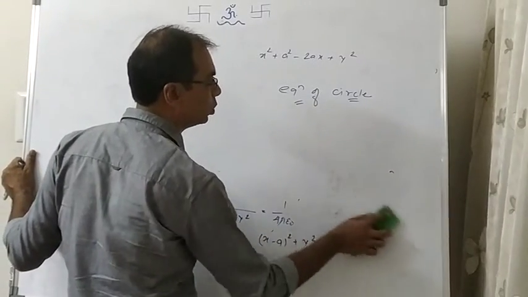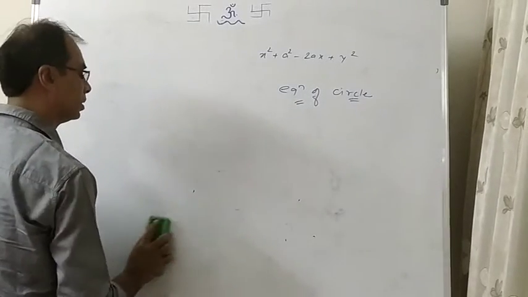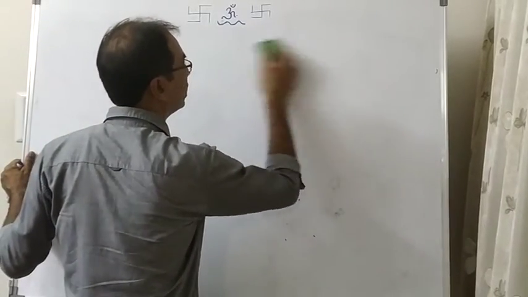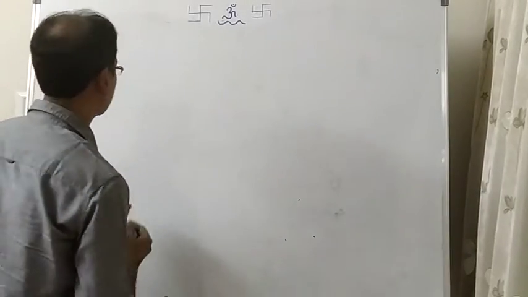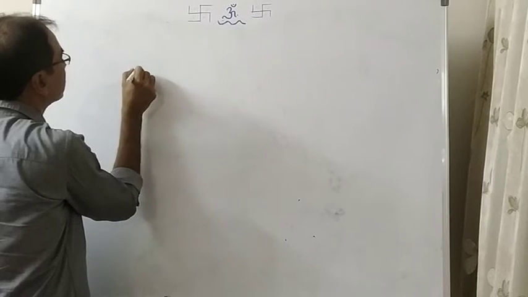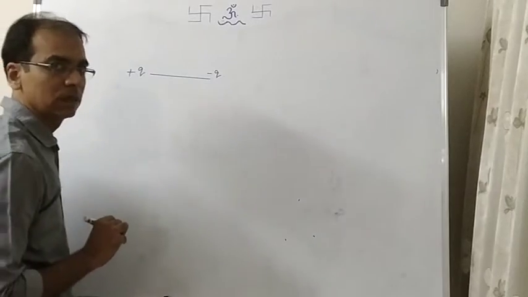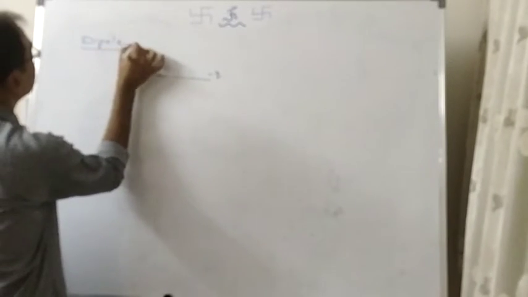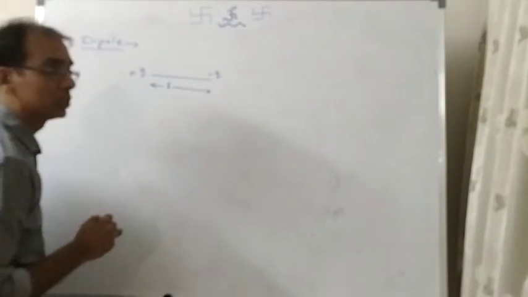A dipole is when two equal and opposite charges, that means one is positive and the other is negative, the same magnitude of charge, are kept very close to each other, and their distance is fixed. Let's say I put one plus q here and one minus q here. Same, equal and opposite charges, when kept very close to each other, form a dipole. Let's say the distance between them is L. So this is called a dipole.